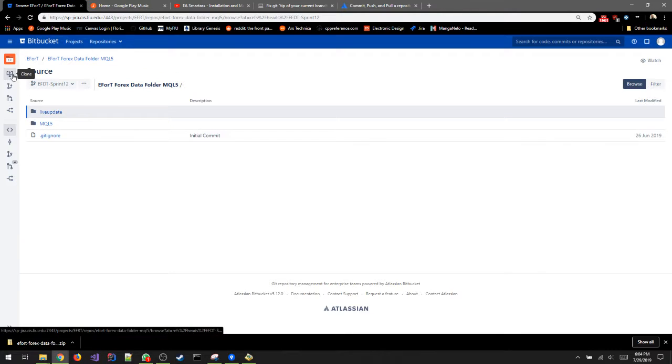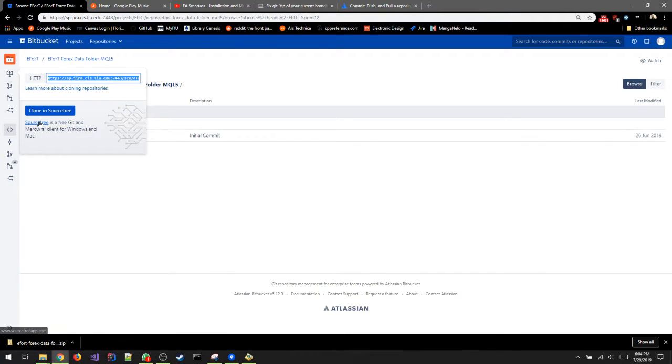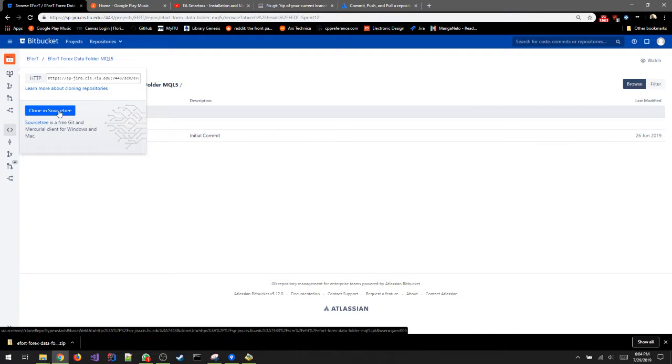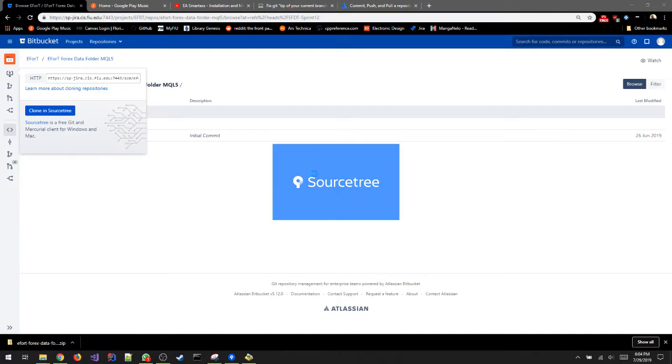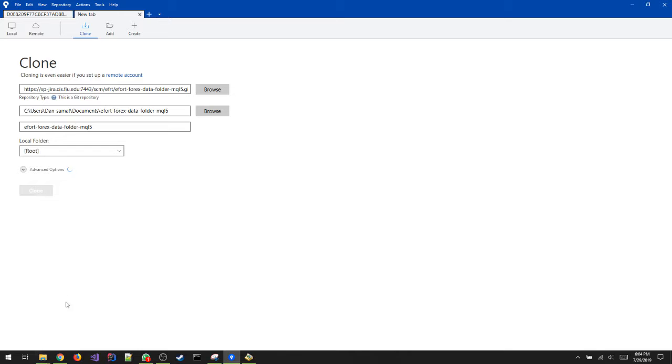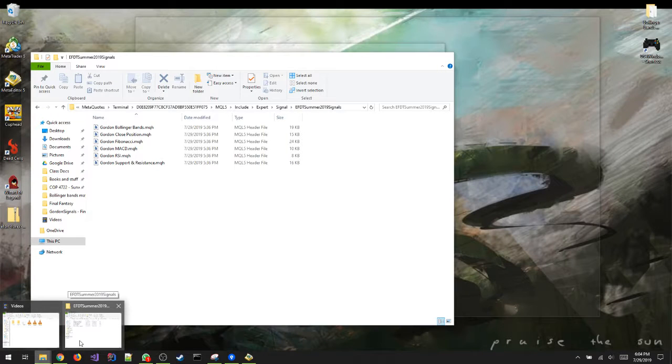Here, you're going to clone it. If you don't have SourceTree, you're gonna install SourceTree. Once you do that, you clone it in SourceTree. You wait for it to open, and voila. So before you clone it, you have to go to the folder